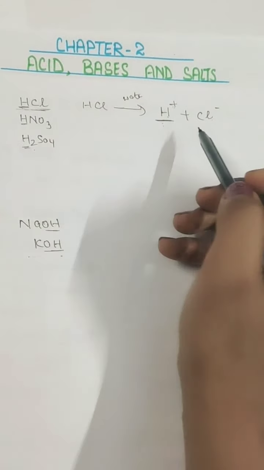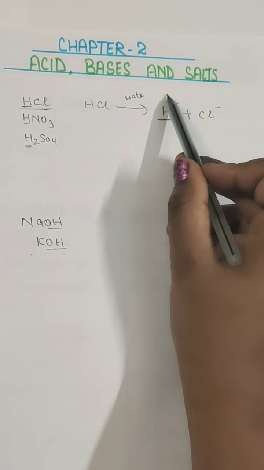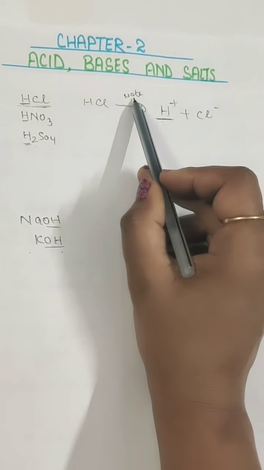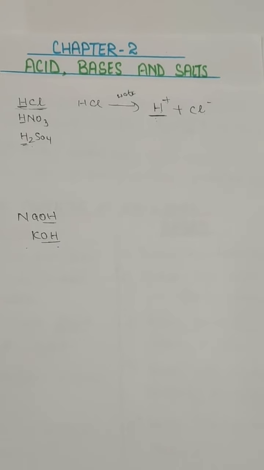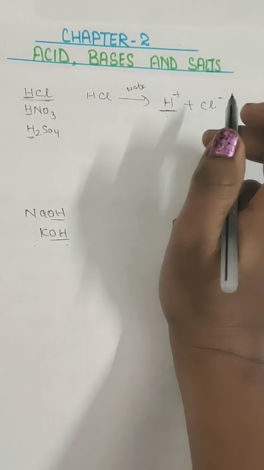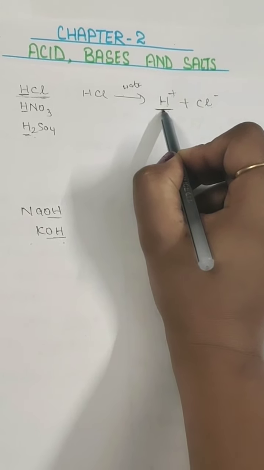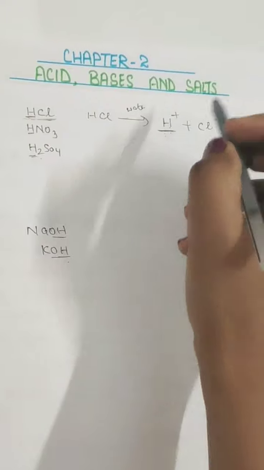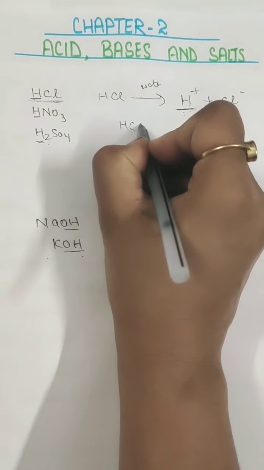Now when it is dissociated, it will be released again into its original form, like hydrogen ion will be separated and chlorine ion will be separated, but it will only happen when we dissolve it in water. So whenever we dissolve any compound in water, if it releases this hydrogen ion, that means it is called an acid. If any compound does not dissociate into this hydrogen ion, that means it is not an acid. For example, here HCl is mixed with water. It breaks down into its ions, hydrogen ion and chlorine ion, and then further dissolves again in water.